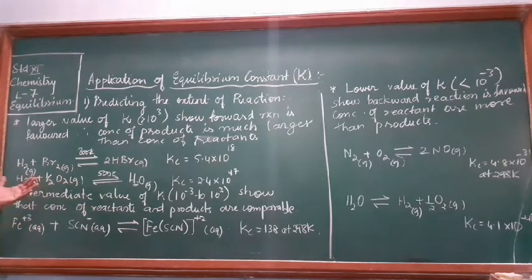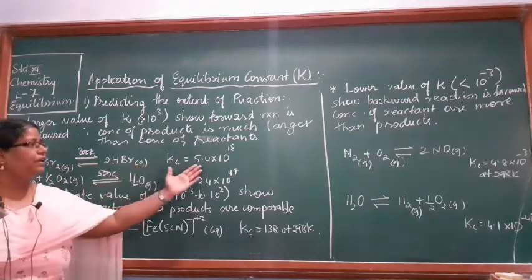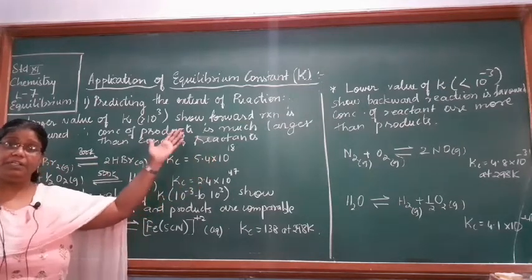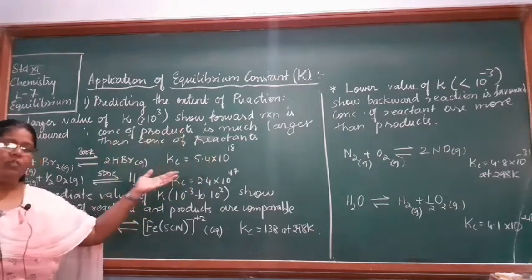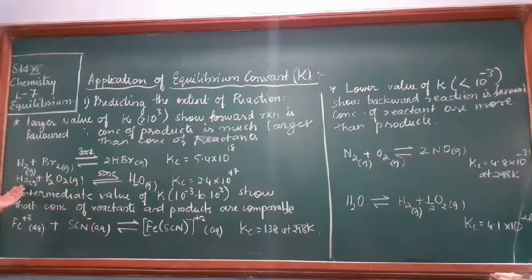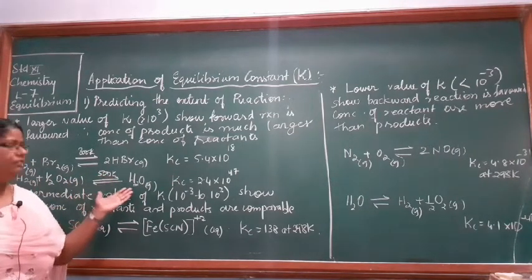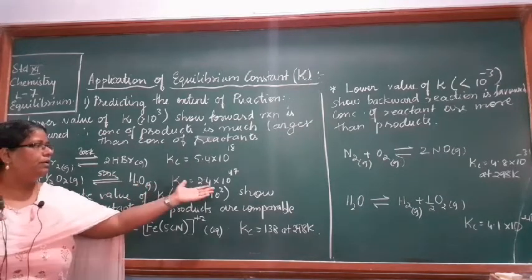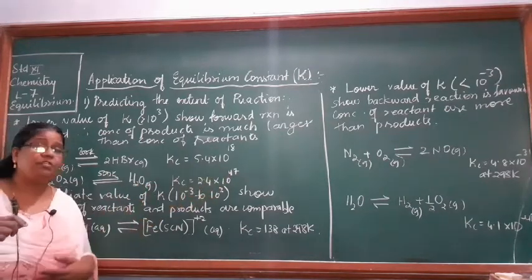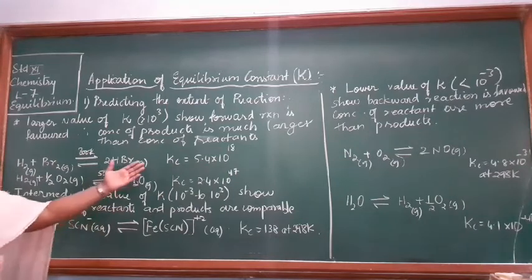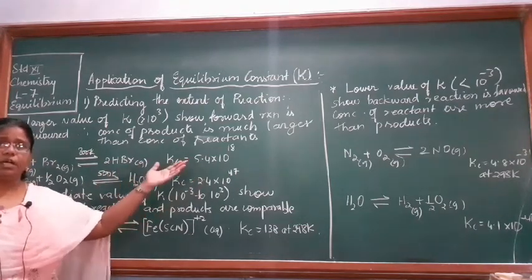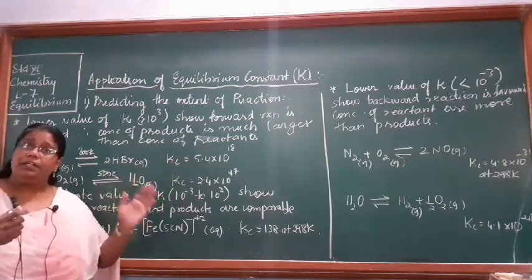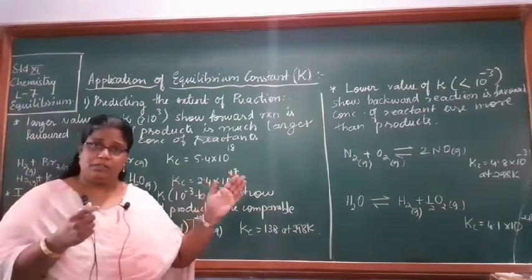This is a homogeneous equilibria. Kc value 5.4 into 10 power 18 means very high value of K. Another reaction, that is H2 plus half O2 at 500 Kelvin giving you H2O. Here you find that Kc value is 10 power 47. So in these reactions you will find Kc value is very large, indicating that the reaction is favoring the forward